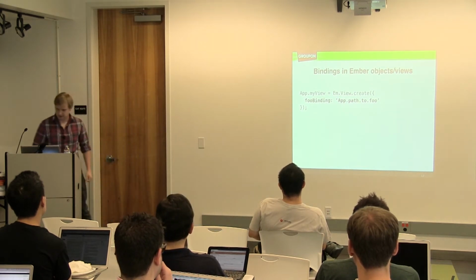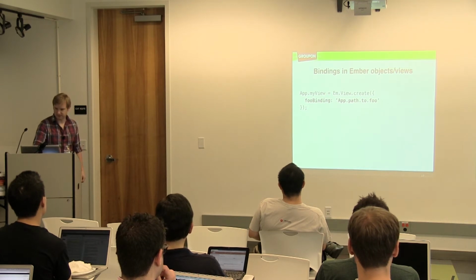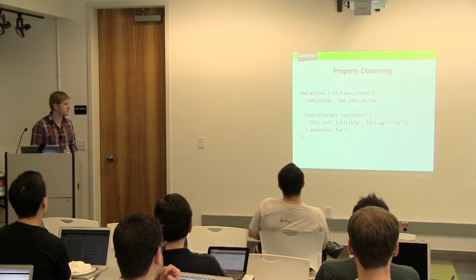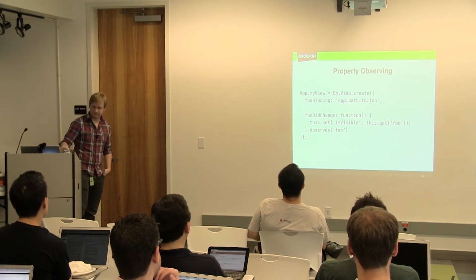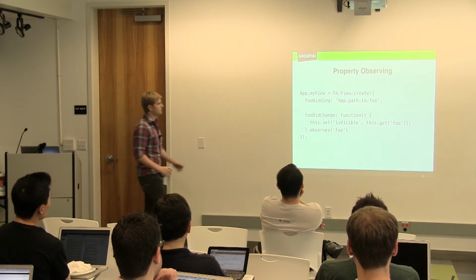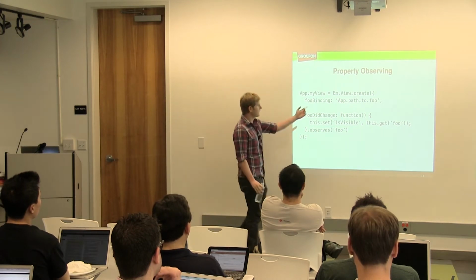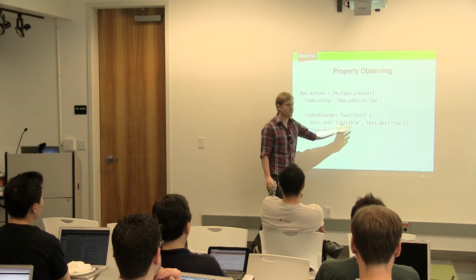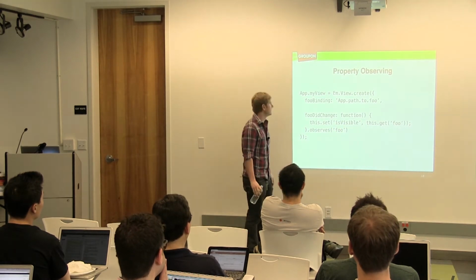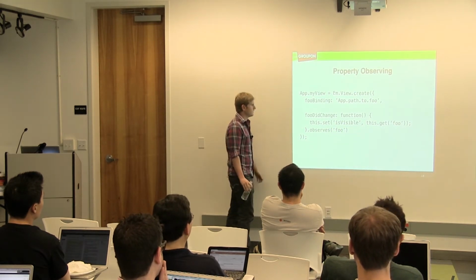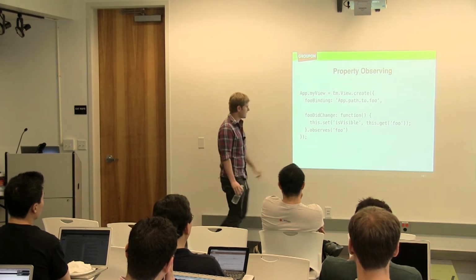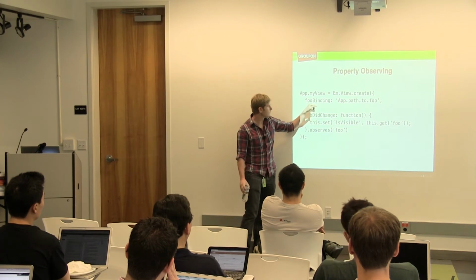So that is the gist of that. The next thing is property observing. It's very, very simple. This is something that you see a lot: you have a binding, and then you want to act in your view, for example, if you want to set a visible binding based on some properties, you can actually just do this. So you have an observer, foo did change, and then you just add the dot observes here for foo, and then it automatically